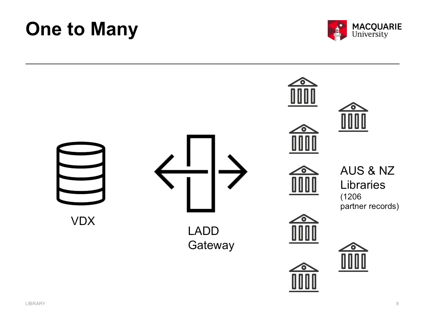So the story. Macquarie migrated from Voyager to Alma in December 2014. At that time we were using VDX, the Australian third-party system hosted by OCLC for interlibrary loans. In Australia, libraries use a resource sharing service called Libraries Australia that is coordinated by the National Library of Australia. It's called LAD. LAD provides resource sharing access to approximately 1,200 libraries in Australia and New Zealand. Libraries either use the LAD system directly or have an ISO or NCIP interface to the LAD gateway. The main advantage of this setup is that LAD coordinate the national payment scheme for the bi-monthly billing of requests.